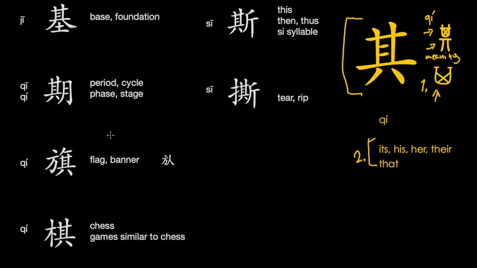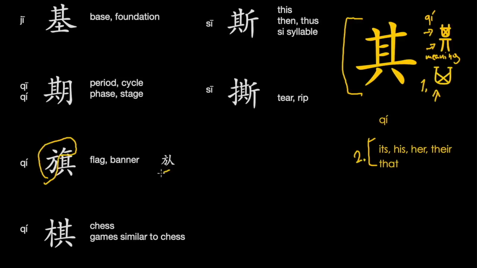The next character I think is very, very interesting structurally, and I will tell you in a bit why. It is pronounced qi, and it means flag or banner. And the phonetic element qi is right over here. Some people think, and it's very natural, that the character is separated like so, but that's not true. The character is separated like so, and basically this part over here